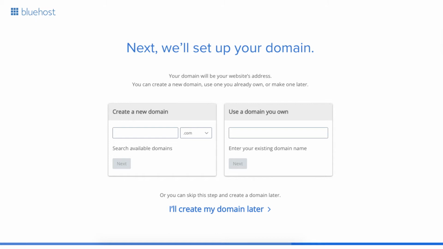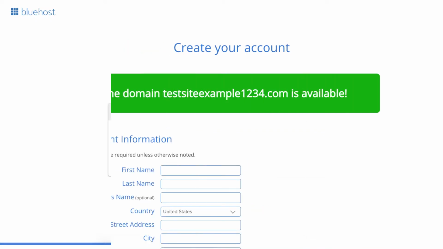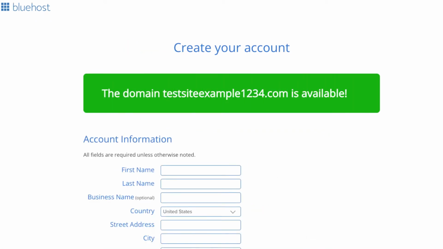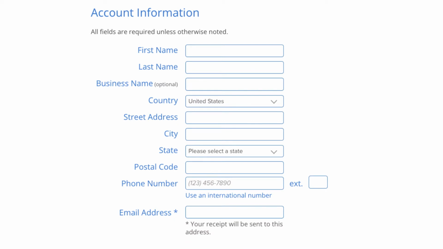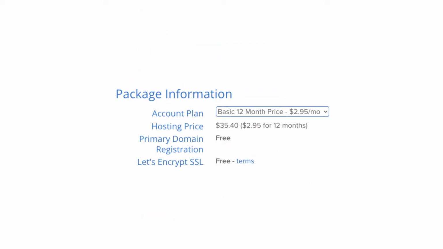Click Next to proceed to the next step. You'll now be on the Create Your Account page. You now want to input your account information. Next is the package information section. It'll have the Bluehost plan you chose with the term, the price, and you'll see domain registration free as well